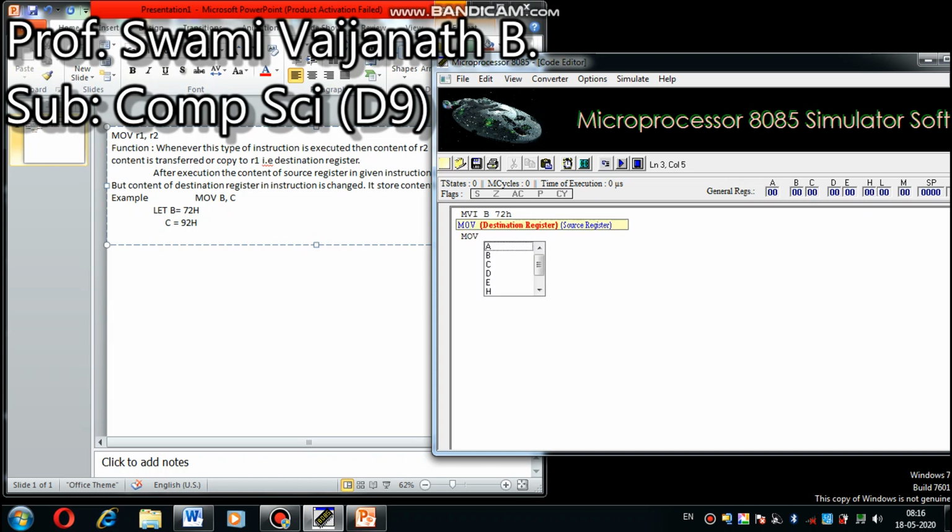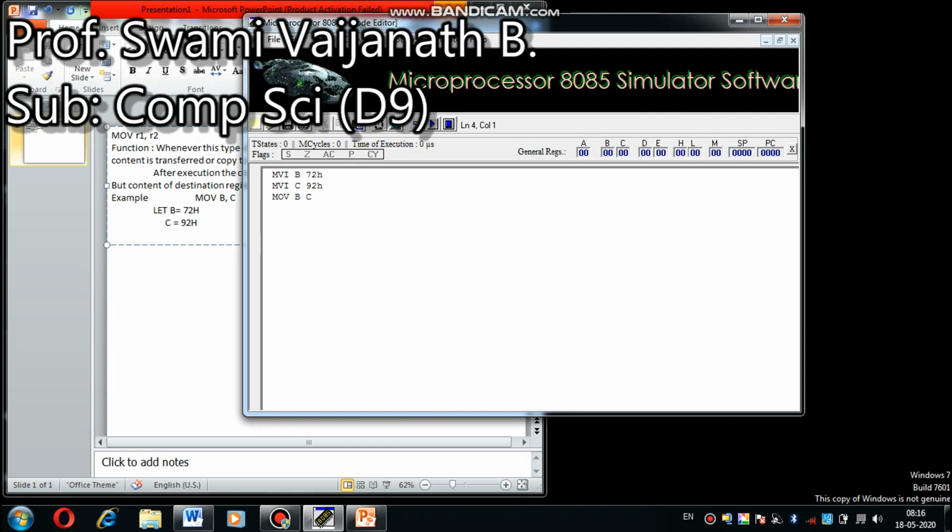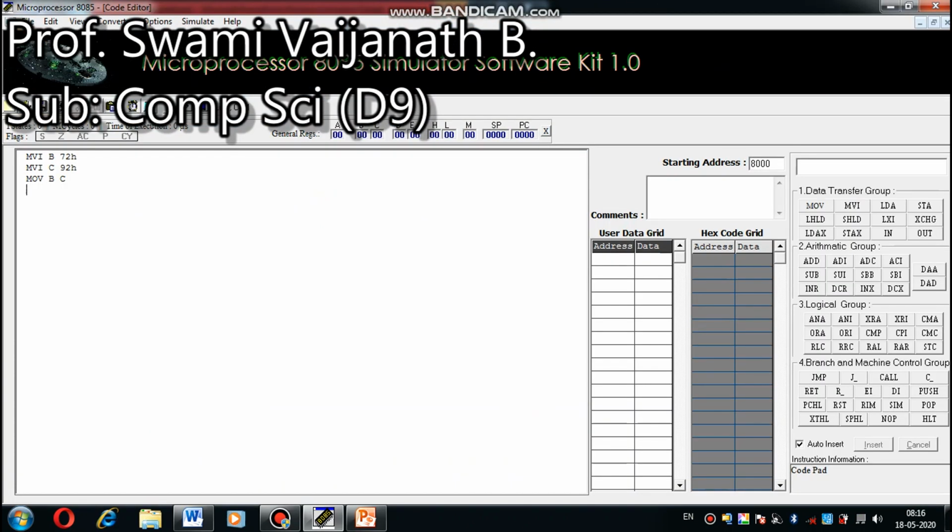MOV B, C. Whenever this type of instruction executes, the content of C register is copied to B. Here I execute this instruction. Look here, after execution, B is equal to 92H and C is equal to 92H. That is, the source register is C and the destination register is B.